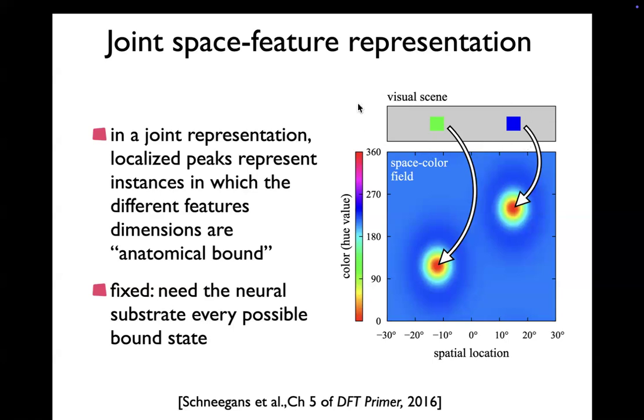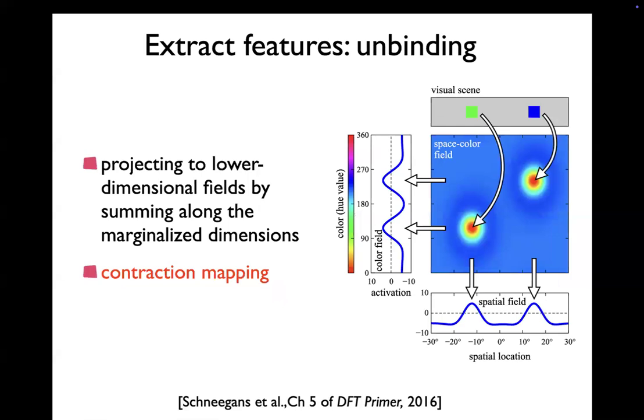That's called a joint representation of these two feature dimensions. Now, if you have a scene like that, you could unbind. In this representation, it's bound, but you could now unbind by extracting the individual information. You could do that, for instance, by projecting into lower dimensional fields that are specialized for one of those subdimensions. Here, for instance, a field of activation only defined over hue, over color, and a field that's only defined over space, purely spatial receptive fields. And you would extract